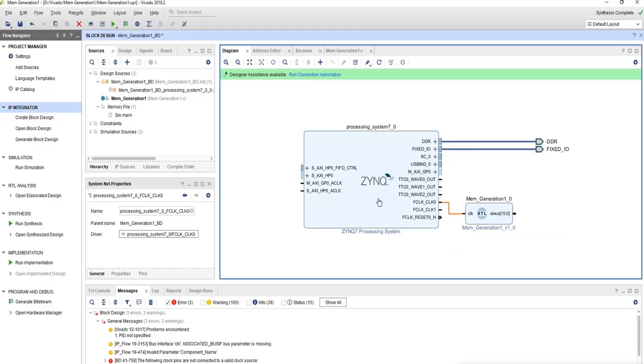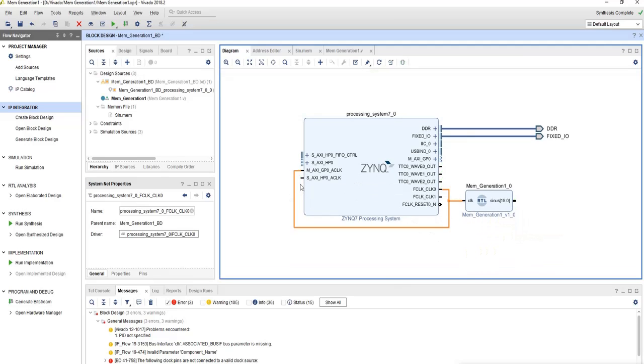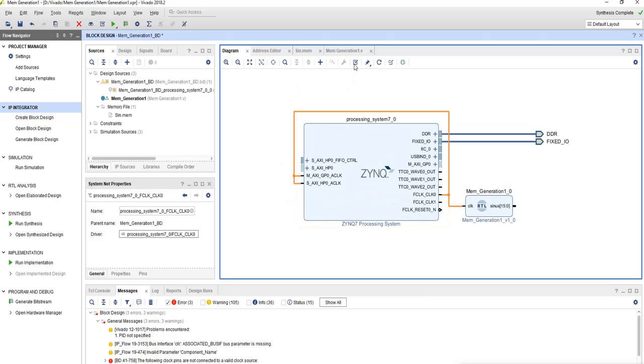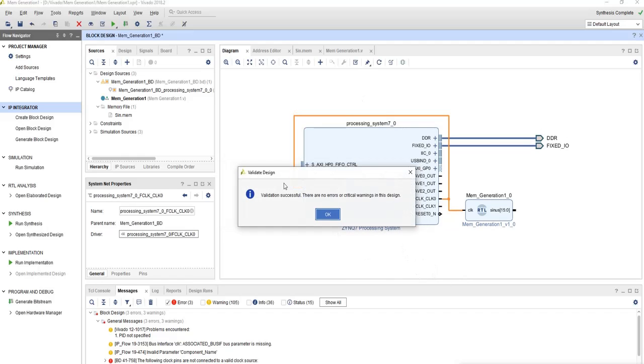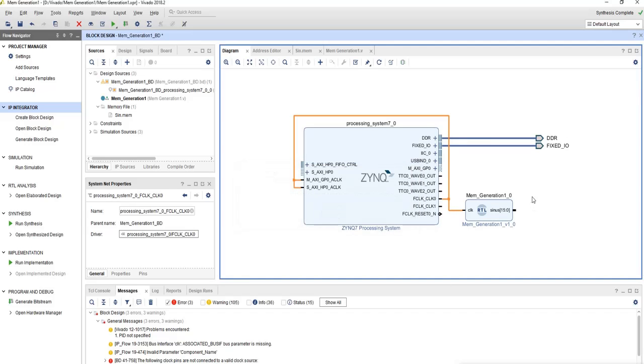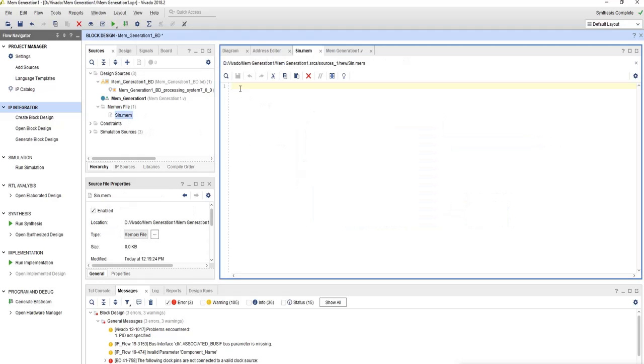This FCLK_CLK0 is a 100 megahertz clock, so we'll be connecting it to this and to this. Now validate the design. Okay, validation successful. Now our next step is to fill our memory file.